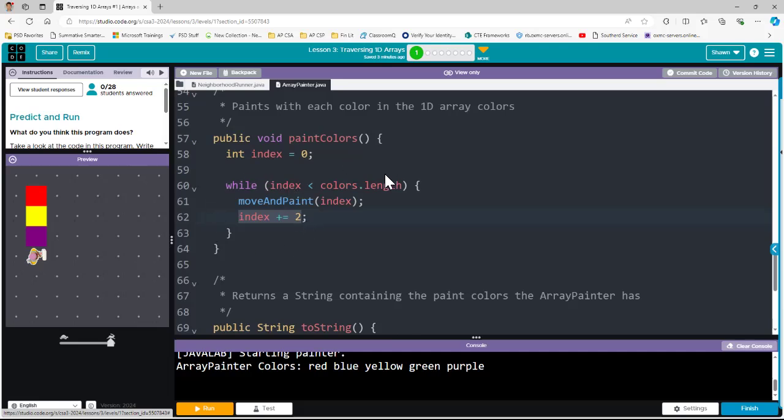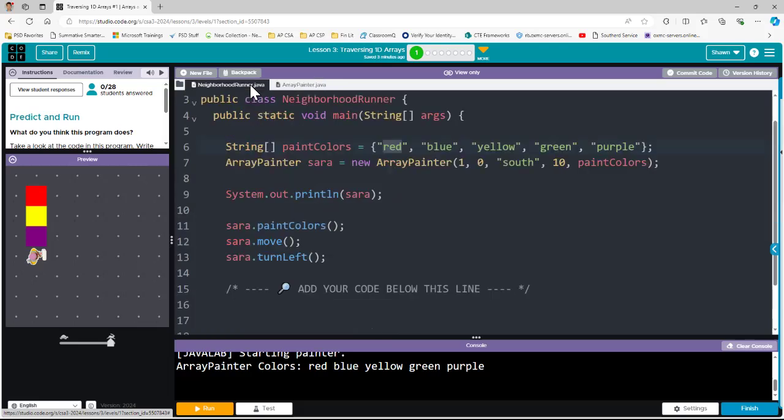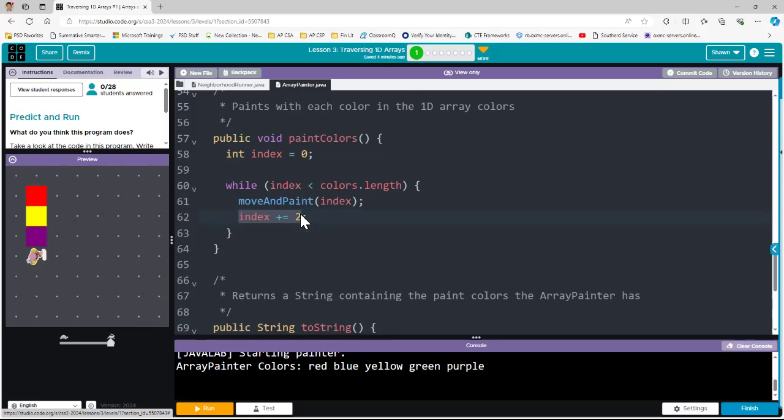So while 2 is less than 5, which it is, then we're going to move and paint index value 2. So if I look back at my little array, that's index 0, index 1, index 2 is yellow. So you'll see that skip blue paints yellow. And then guess what? When we do another iteration or another loop, it's going to add 2 to the index